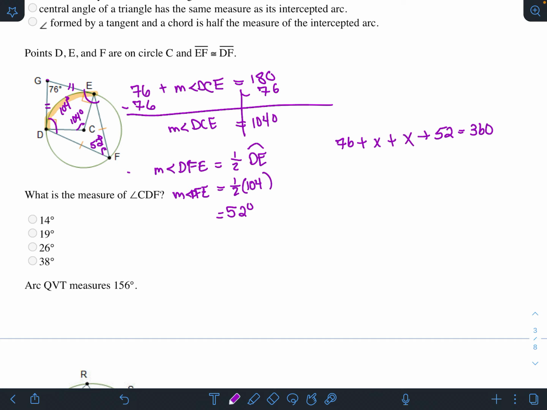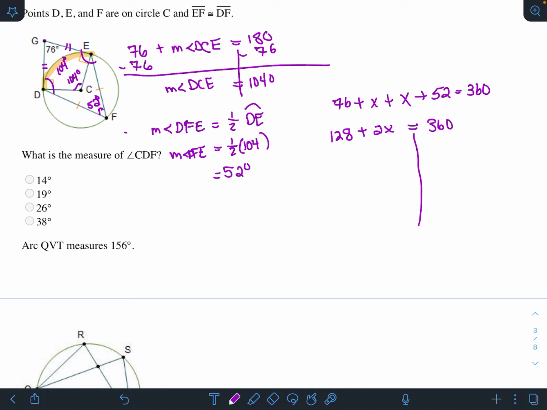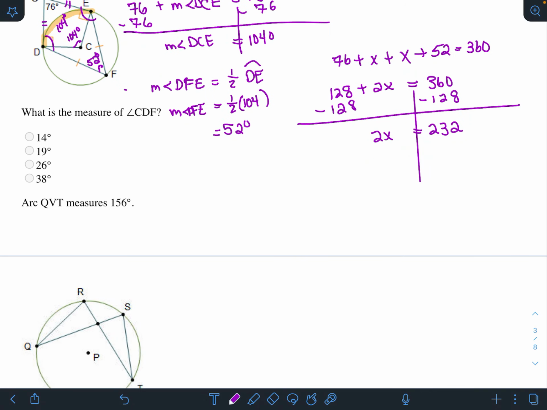All right, we can combine like terms on the left side. 76 plus 52 gives me 128, and x plus x gives me 2x. All right, from here we will subtract 128 on both sides. And I get 2x is equal to 232. Dividing both sides by 2 to get x by itself, I get x is equal to